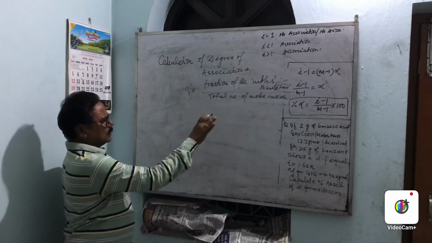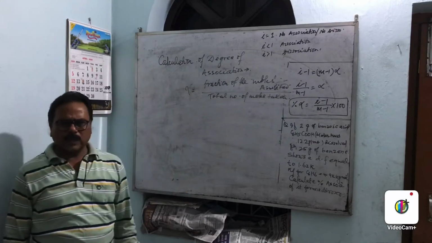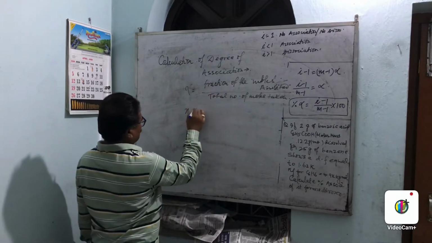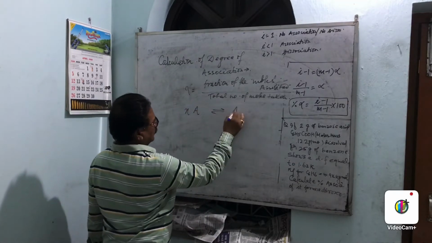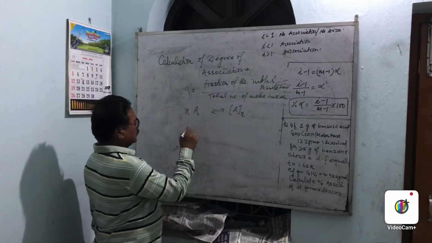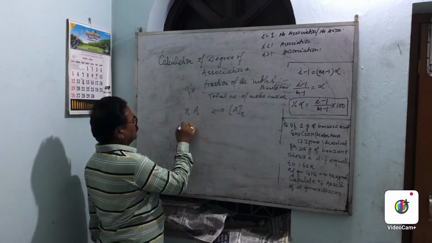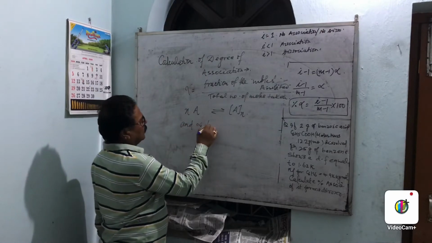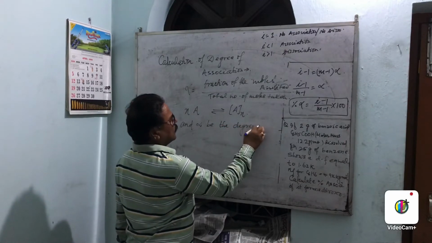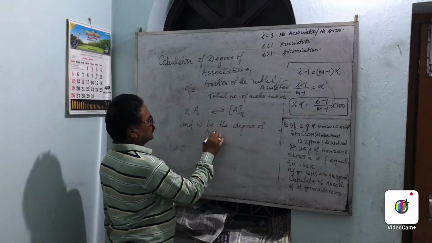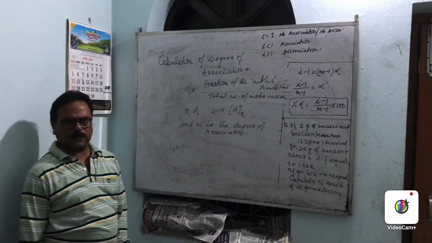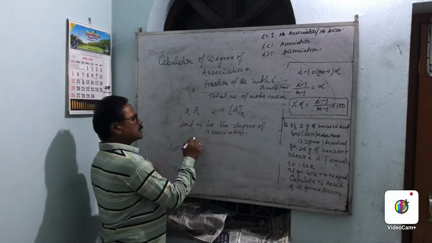Now consider n molecules of A associate to give a molecule A_n. If we start with 1 mole, and alpha be the degree of association,